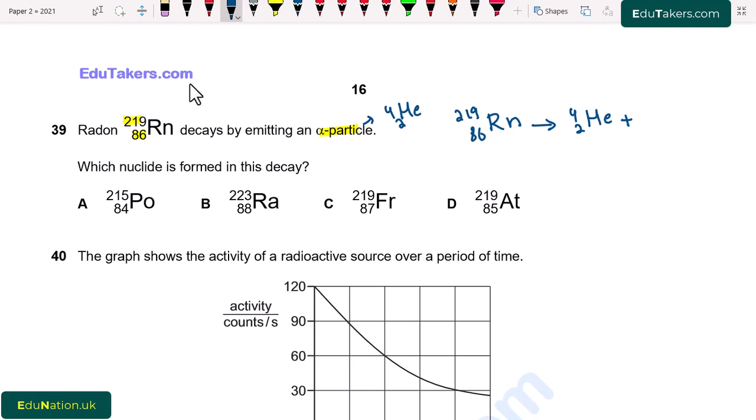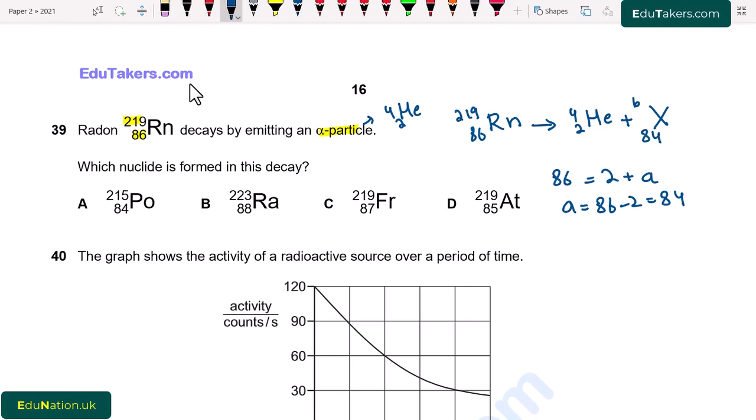I suppose that it is X, and I check the atomic number and atomic mass on both sides of this arrow. So first of all, atomic number on the left hand side is 86. On the right hand side it is 2 plus, if I suppose that here is A and B, so it is A. It means that A is equal to 86 minus 2, 84.